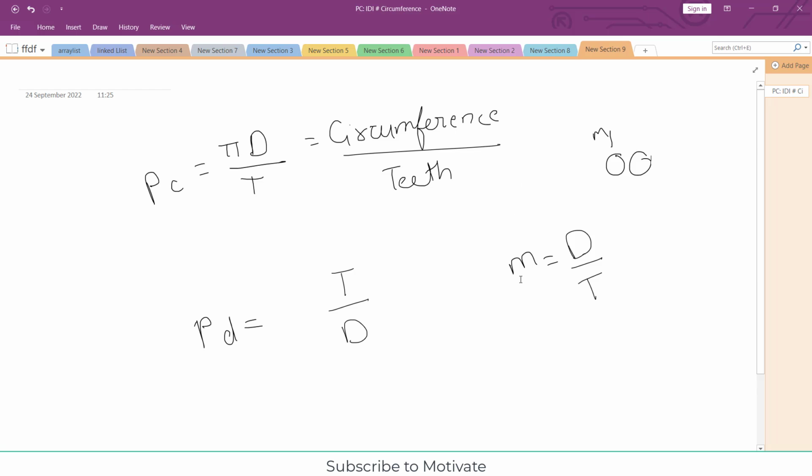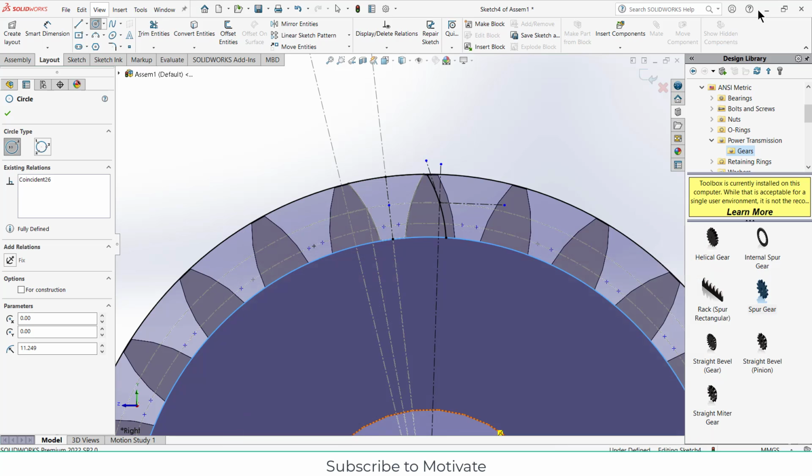And module is a very important thing. Just know that if you have two gears and their module is not the same, they are never going to mesh with each other. So always make sure that the module of your two gears is always the same. If you have seen my SolidWorks tutorials of gear designing animation, you will see that I always make sure the module remains the same, because if they are different, they are never going to mesh with each other. Okay,